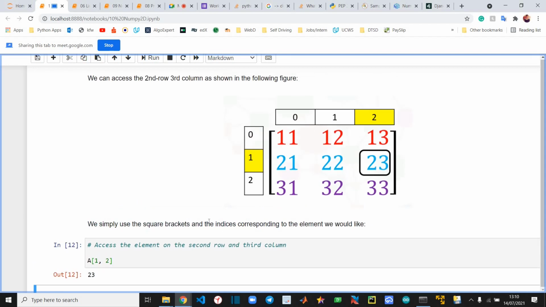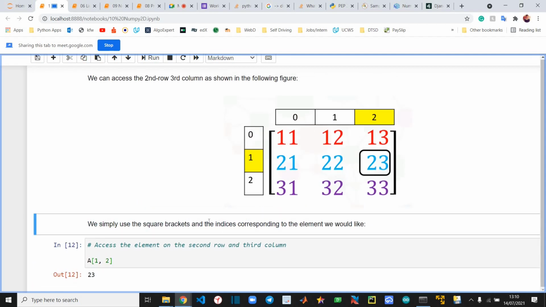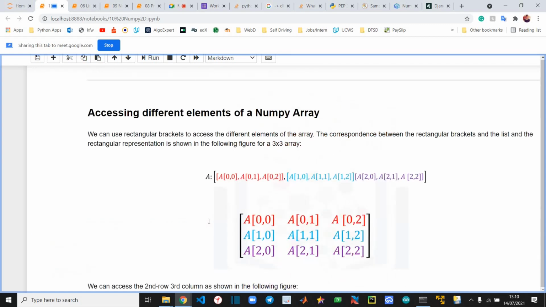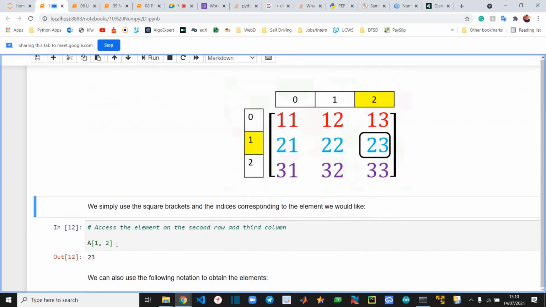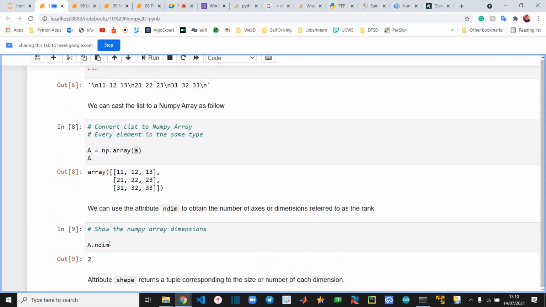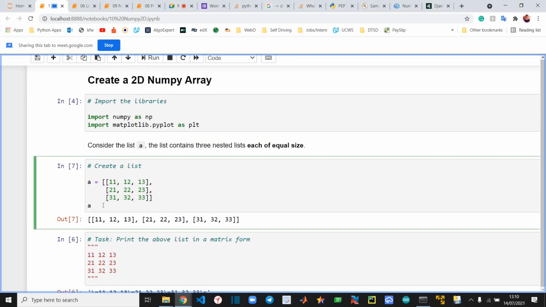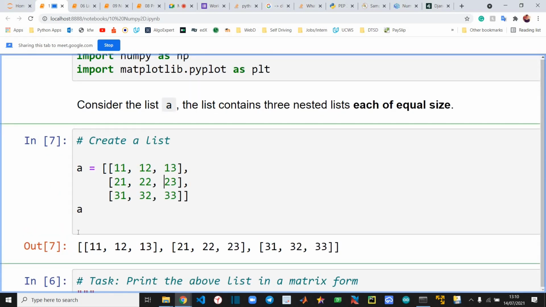Does anybody have a doubt with this particular indexing and how we are able to reach this element? Does anybody have any kind of problem? Okay, how will you access this element?